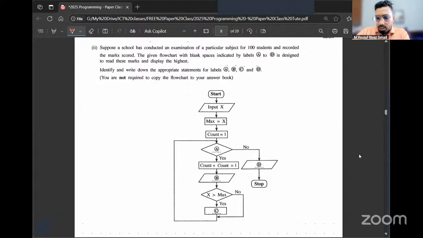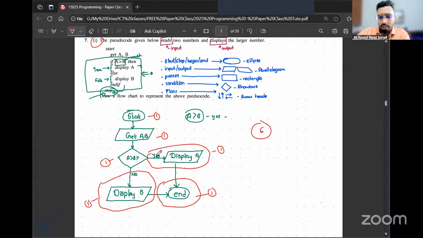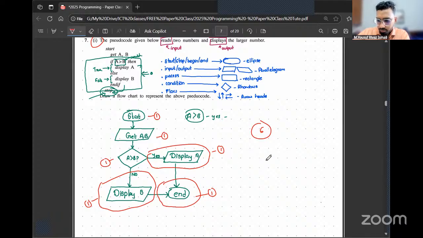Is swapping yes and no sides a problem? If you put yes and no, in front of yes, you have display A. Whether you put it down or up or left or right, that doesn't matter. You can even write it in this direction, this direction. That is not an issue. The point is after the condition, in front of yes only display A has to be. See how I circled it. When I circle this, I will not just circle only display. I told in front of yes, there has to be display A. In front of no, there has to be display B. Okay, perfect. Awesome.